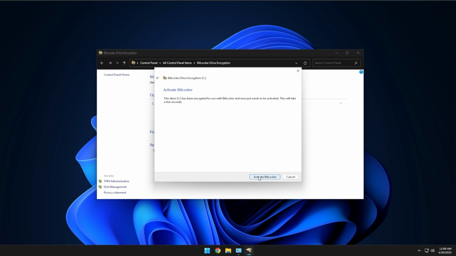Once activated, it will take about 10 to 15 minutes to fully encrypt, and then you will want to give your computer a restart. Once done, you will be BitLocker enabled and